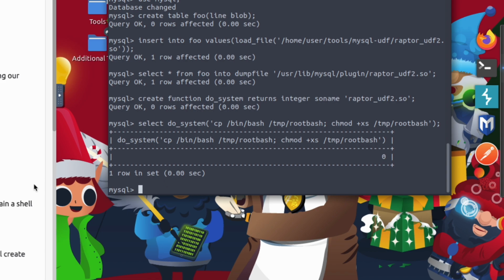But the first series of commands that I copy pasted in there basically said use mysql, and then the next line was create table, and then the couple of words after that were the actual name of the table, and then the third line said insert into foo, because that was the name of the table, the values of whatever is inside the file raptor_udf.so, which is the thing that we just created with the first couple of commands that we ran. And then the fourth line was select everything from foo into dumpfile, and then it gave